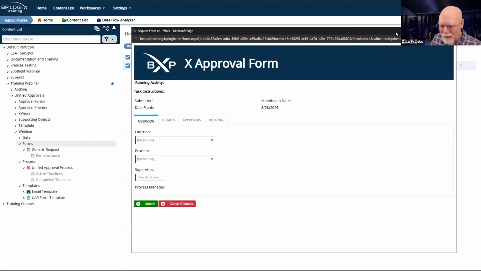And if I've already built all, 5 or 10 forms off of that, I would have to go into each one of these forms and hide this section because it's showing up before the form has even been submitted. I'm in a new form instance. I should not be seeing that yet. I should only be seeing that in the context of a task when I have an active running process timeline. It's not relevant now. It won't be relevant after the timeline is concluded. So it needs to be hidden at all other times. On the next form we import, we'll take a look at it there.